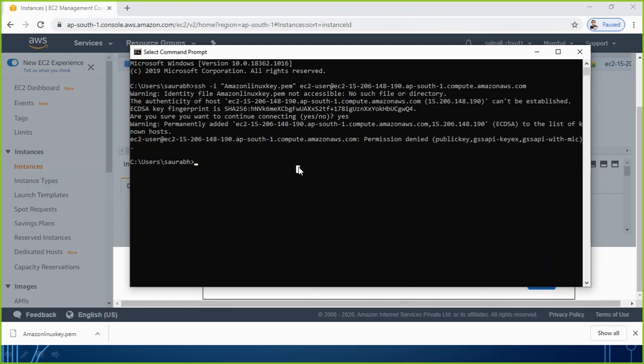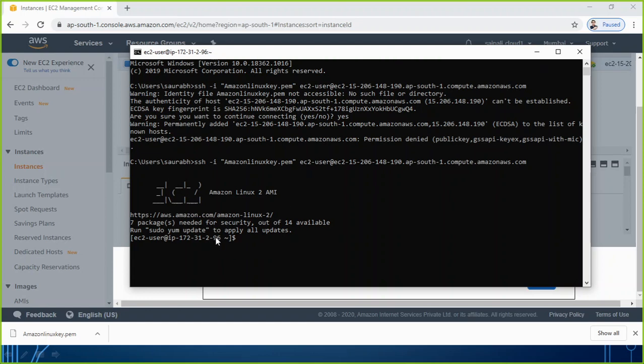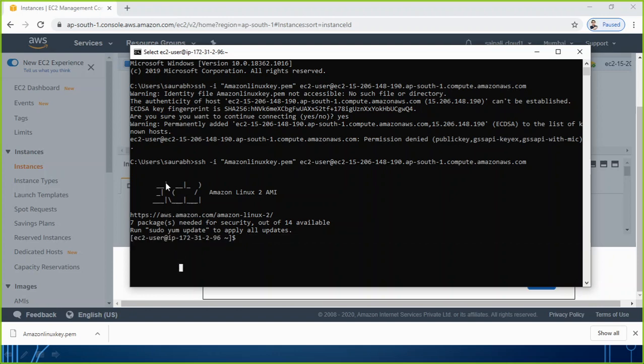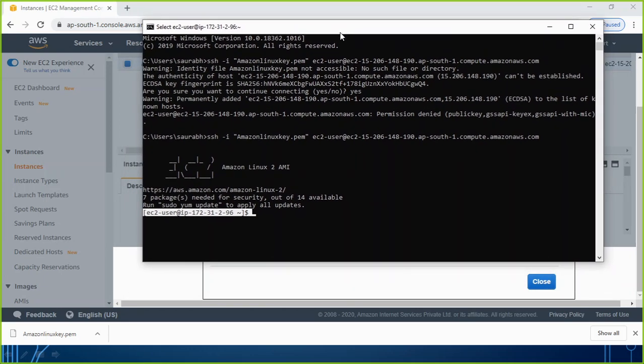So let's try the command one more time, and now you see I have the access of the Linux instance. Which instance is it? EC2 Amazon Linux 2 AMI instance, and I am getting here the terminal of that Linux machine. So now I can do anything I want to do on that Linux machine. I have it accessed from my Windows machine.